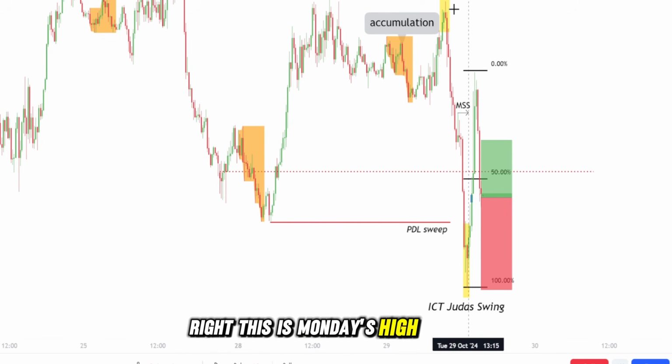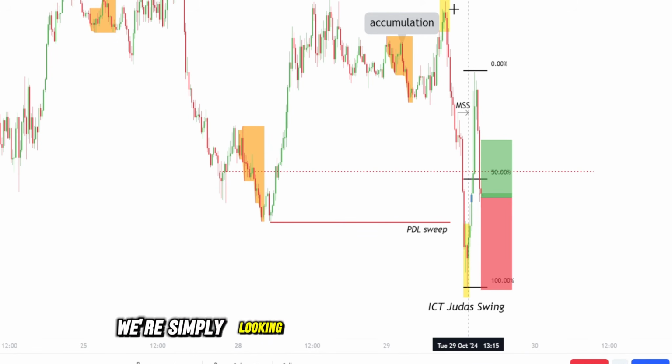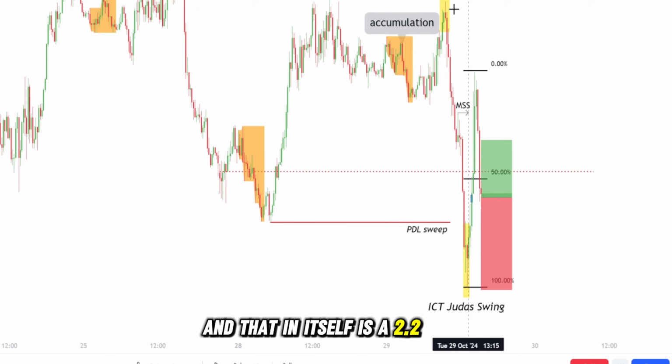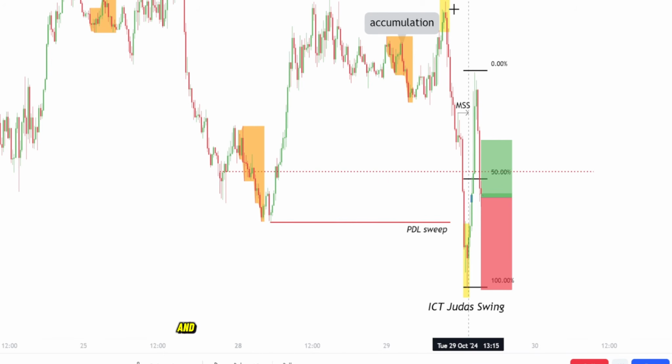This is Monday's high over here. This is the previous day high. So we swept the previous day low. We're simply looking to target that previous day high. And that in itself is a 2.2R trade. So that will be your first target in the market. But if we just continue to zoom out of the markets and really see where this trade could go from a strategic standpoint,